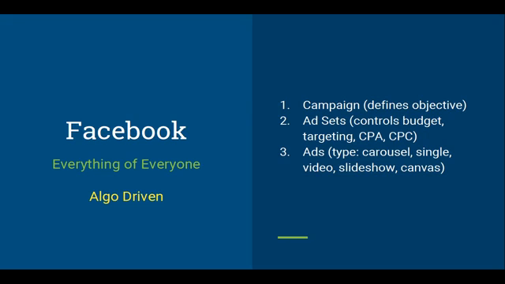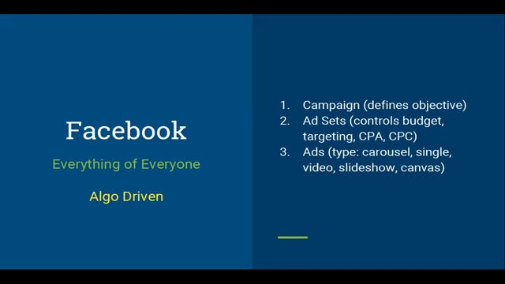Because that would increase your cost first, because two ads are being shown, so two impressions are going and you're paying twice for a single user, and it's also not relevant for the user, so your relevance score will also drop. So ensure your ad sets are mutually exclusive, right?